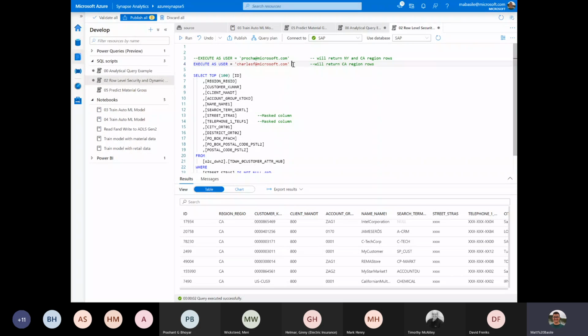And based off the row level security and even column level security, which I don't even have time to show you, they'll see sets of data that applies to those permissions. So the final thing I want to show before we close and move into Q&A is, of course, that integration